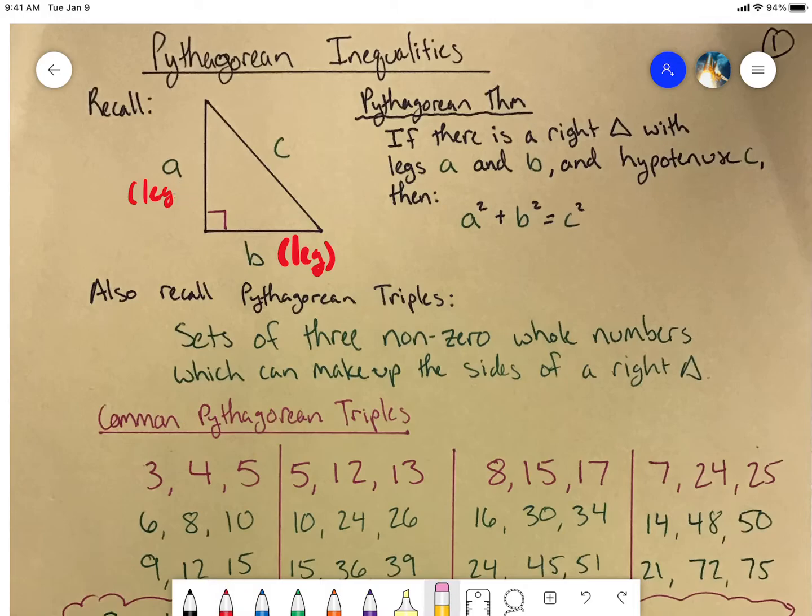Okay, and they are always the shortest sides. The C, the long side, is what we call the hypotenuse. Right? And it is the side that is always opposite the 90-degree angle. Okay, and it is always, always, always the longest side. And again, since 90 degrees will always be the largest angle,